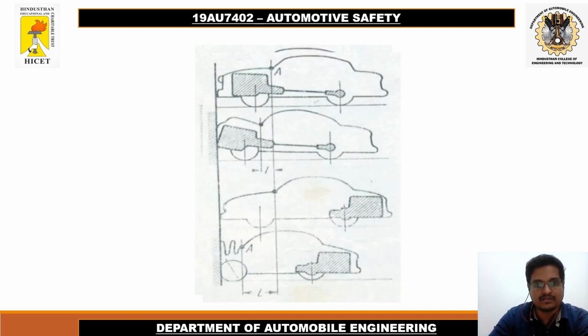So here you can see from the various pictures, if the mass is located on the front of an impact, that mass will create more kinetic energy, so it will be transferred to the passenger compartment. But at the bottom you can see the engine and the load are placed at the rear. So if a vehicle is head-on collided, the frontal part will be crumbled so that it will not transfer the energy to the